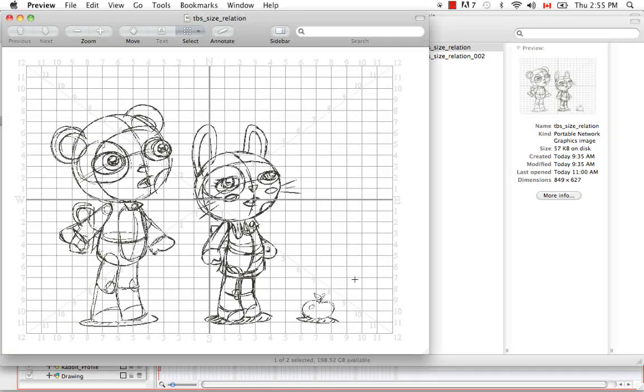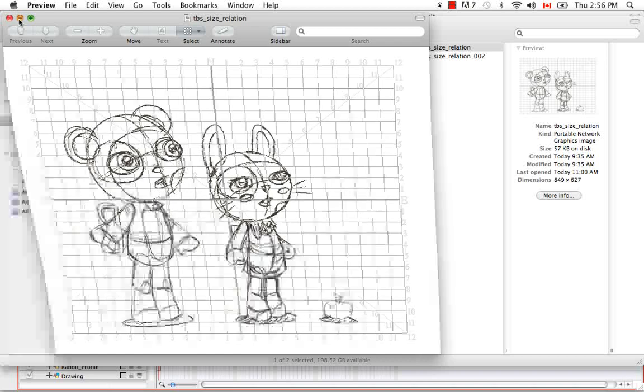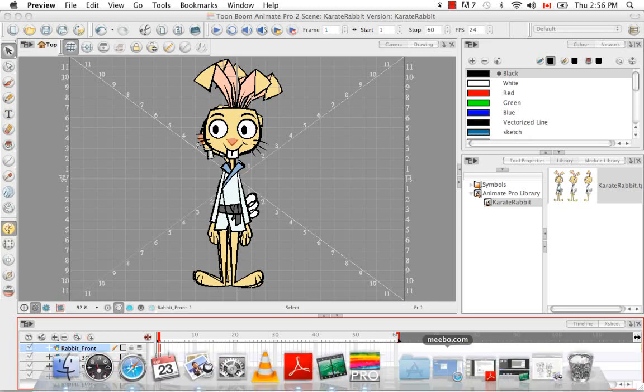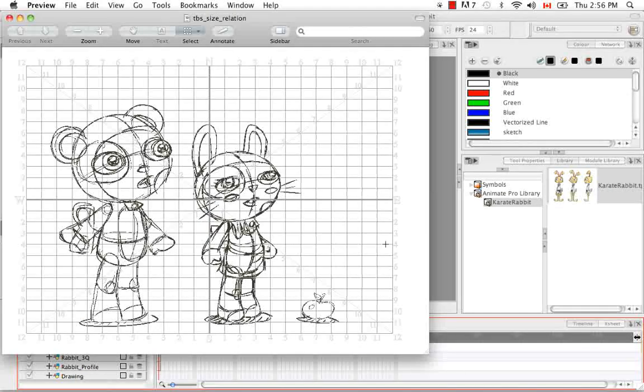So when we're looking at size relationships between characters, it's often good to do something called a lineup. That's a lineup of all of your characters in the same scene, particularly on the same drawing. Like what I did with the rabbit in the rabbit template. In the rabbit template here, I had all three of my rabbits together in the same cell of the same drawing. So when we look at a character lineup like this, the benefit of doing that is not only having characters of different heights and volumes, so you have a bit of a variety, but also seeing how they measure